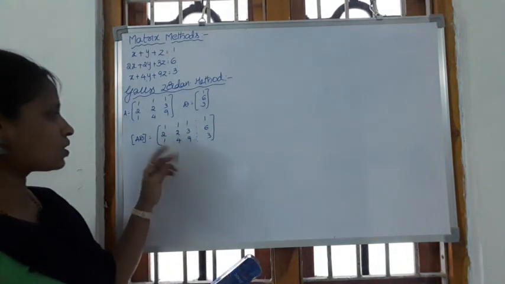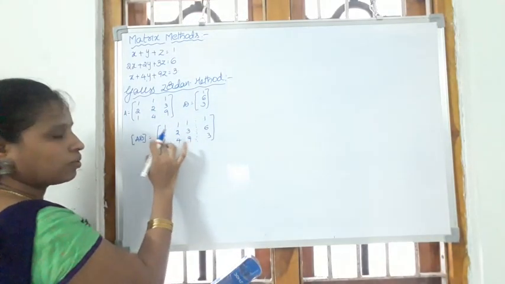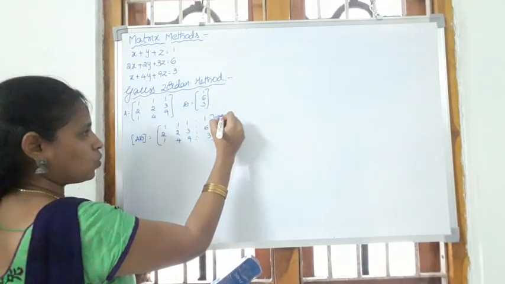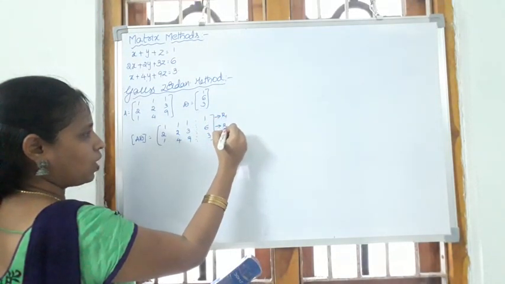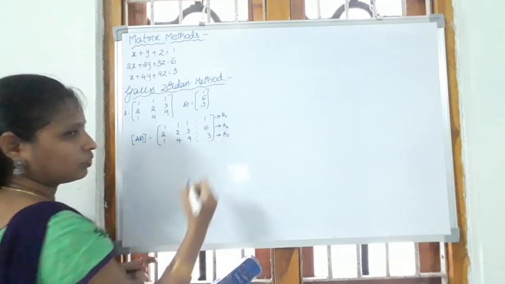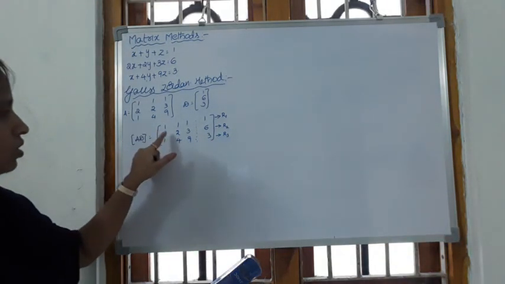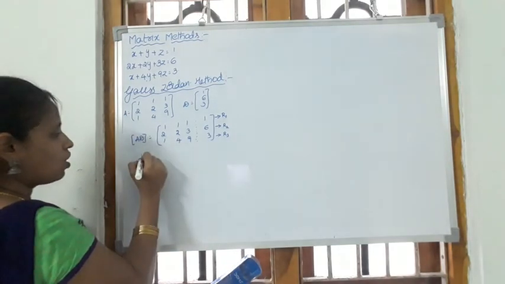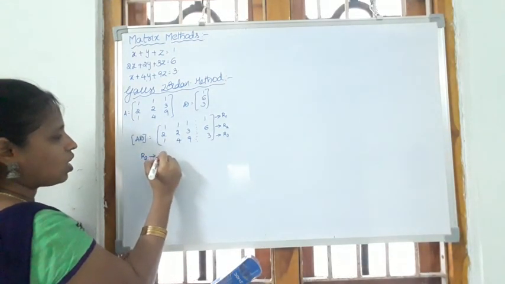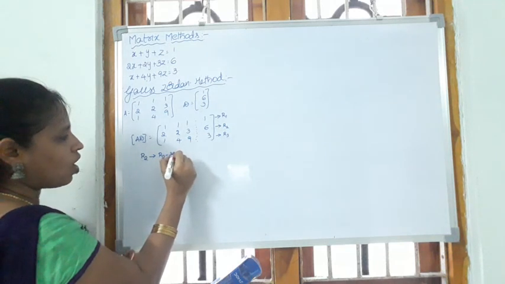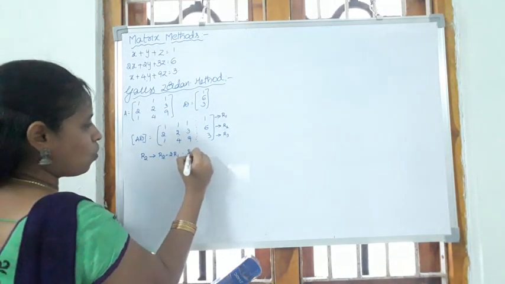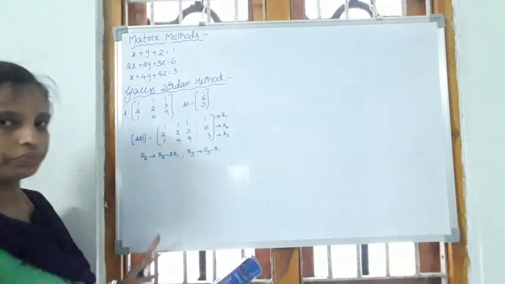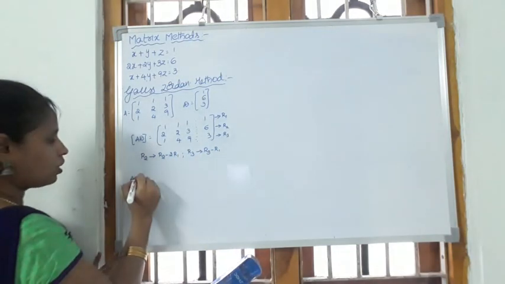In this matrix, the two elements become 0 by using the first row. This is row 1, this is row 2 and this is row 3. These two elements become 0 by using the first row. Now R2 changes as R2 minus 2R1. Now R3 changes as R3 minus R1. Now the matrix AD becomes as